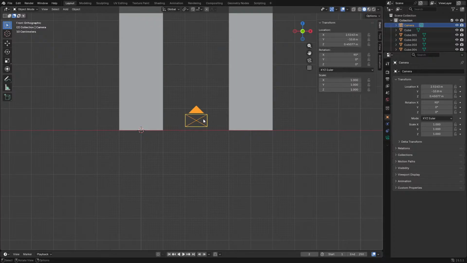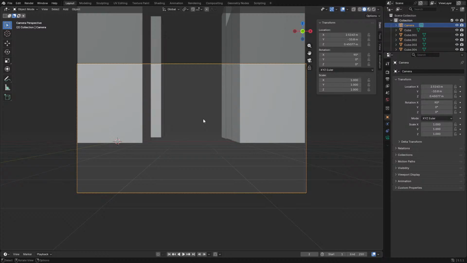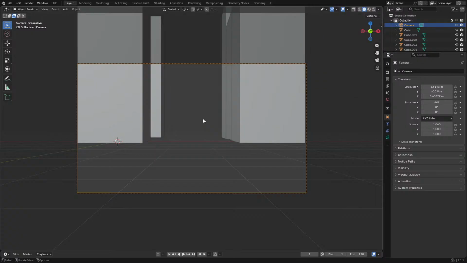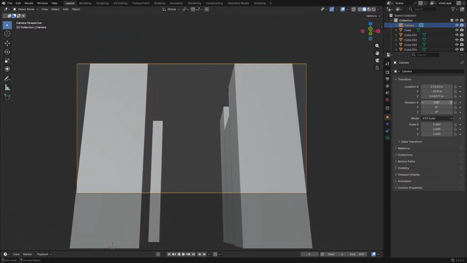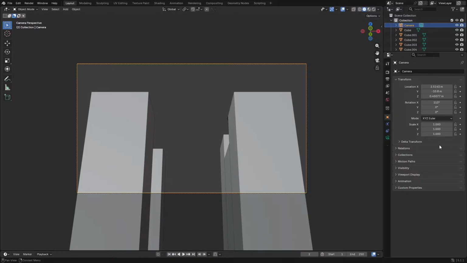Let's see how it looks now. Ooh, yeah, that's much better. Maybe this can be rotation, and this would be like a 3-point perspective. Look at it. Location.